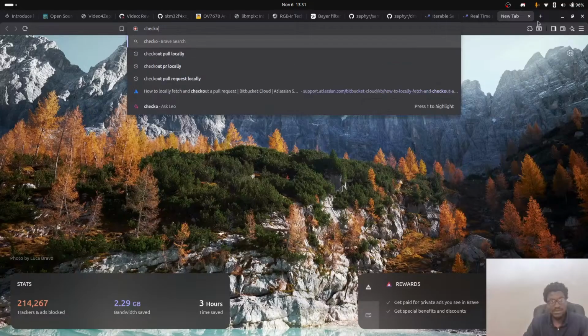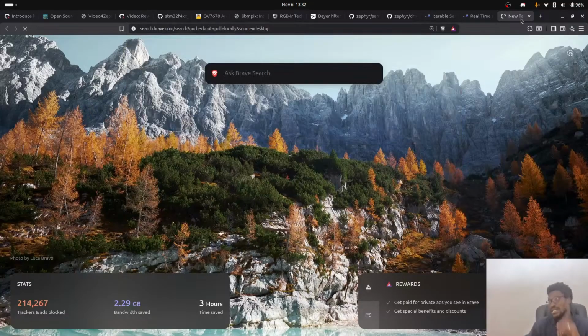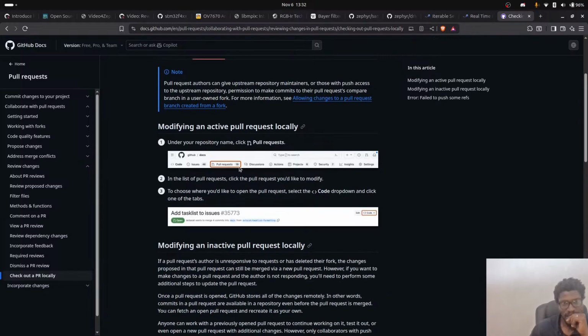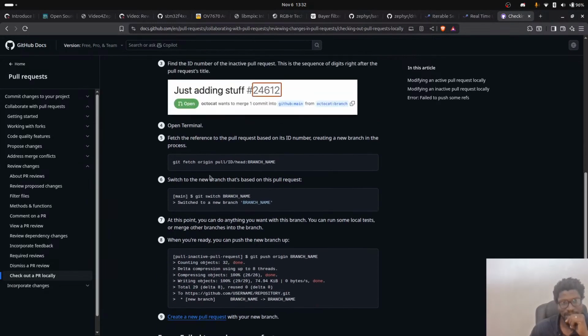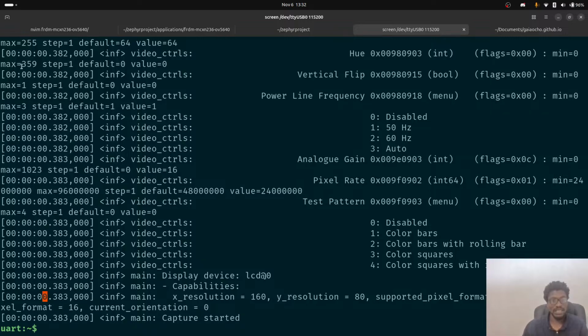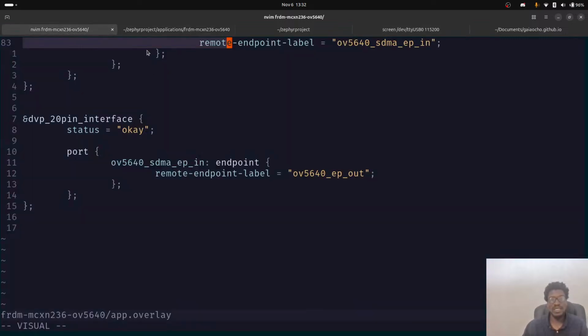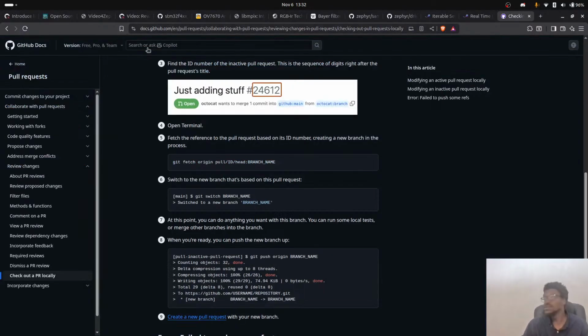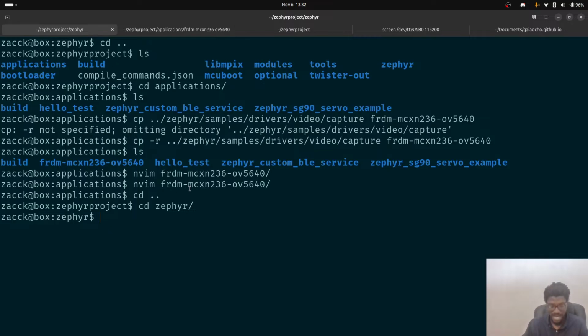Check out. As you can see, this is how the developer you're watching right now works. I Google stuff. I think it's checkout, blah, blah, blah. Yeah. Let me copy that. And then I'll go here. Okay, I'll go into Zephyr. Let's check out that pull request. This is how fresh I am. I have not even pulled down that